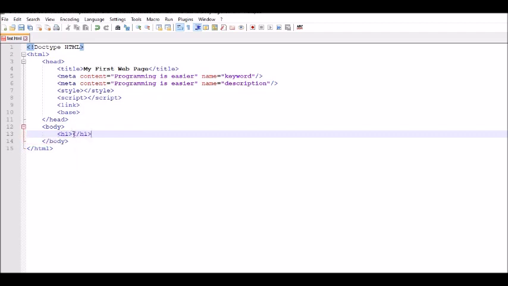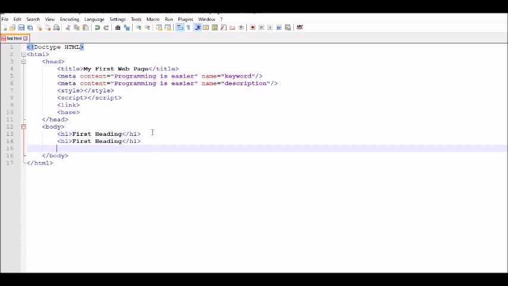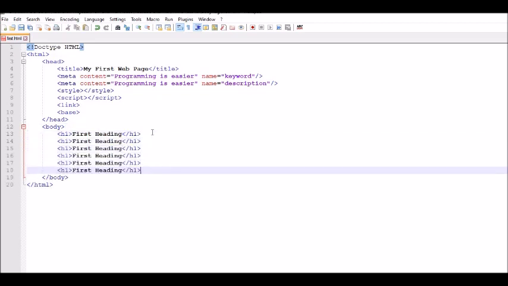As I told you before, every tag in HTML should have a close tag except a few of them. So inside H1 I have written first heading. Similarly, we can write up to H6.